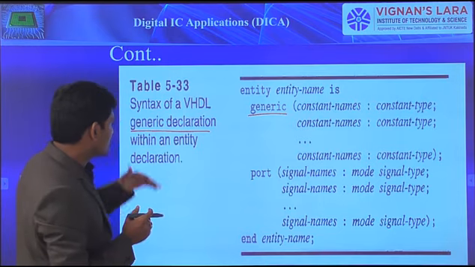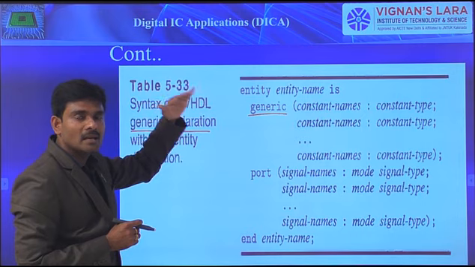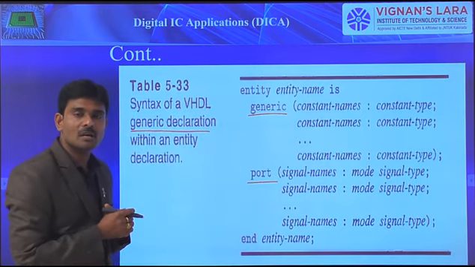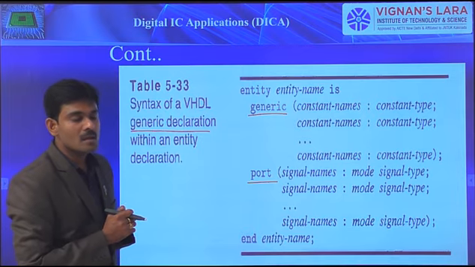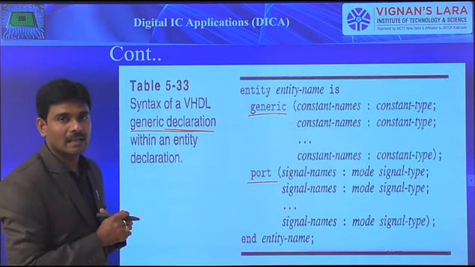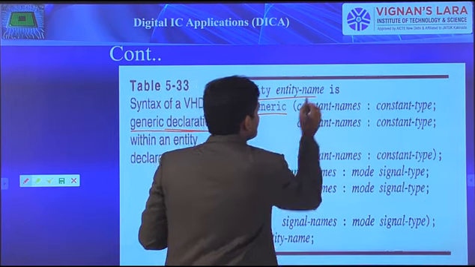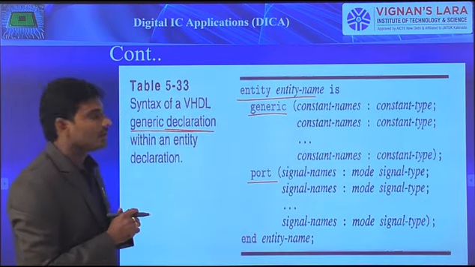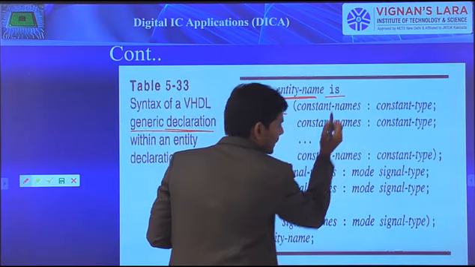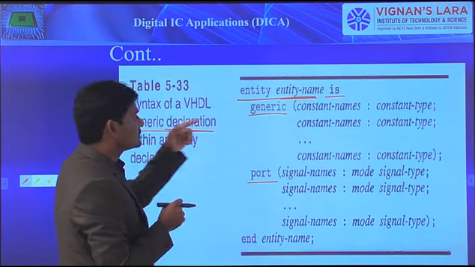Because this generic is going to be placed within the entity declaration part, that too before the port declaration, we are supposed to use that particular generic declaration. Because it is used in the entity declaration part, we can call it a generic declaration. This is how the syntax looks. We mention it within the entity declaration: after the entity name, before the port declaration, we mention the generic